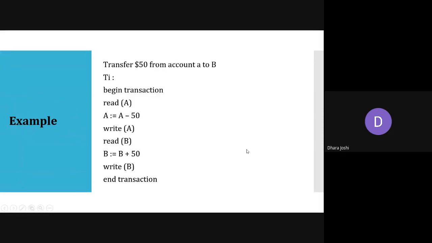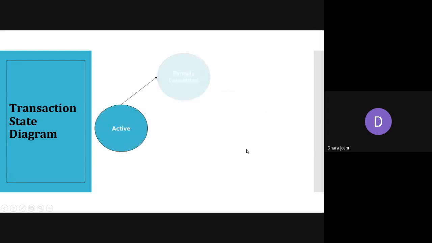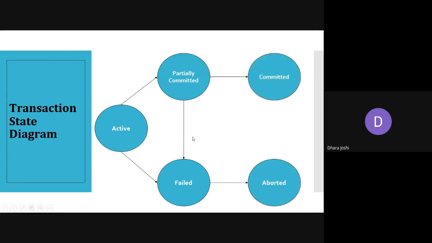Okay, if you remember, in the last session we started the transaction state diagram. I just want to give a highlight. What is this? We are in the active state initially. Whenever we are performing our transaction, on any instruction, the first, fifth, or 15th, whenever we are executing the instruction, we are in the active state, which is the initial state of this diagram.